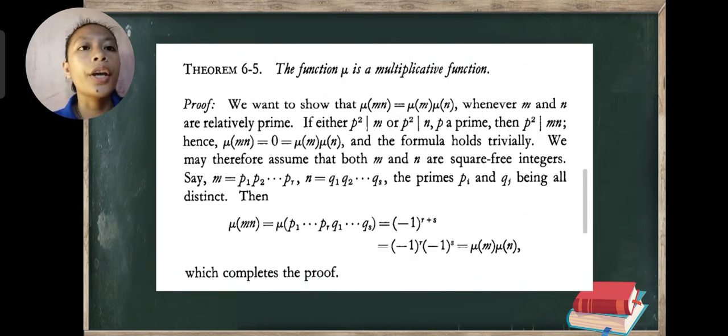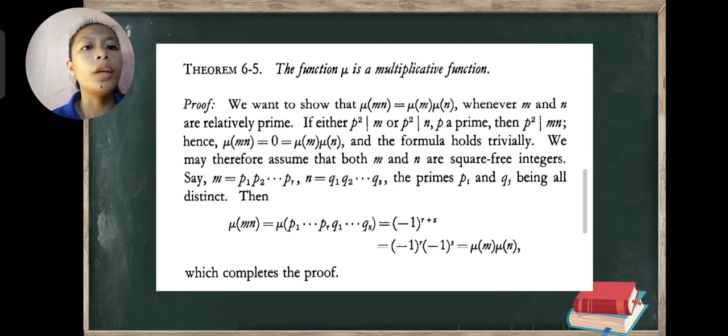Theorem 6.2.5. The function mu is a multiplicative function. Proof. We want to show that mu of mn is equal to mu of m times mu of n whenever m and n are relatively prime. A prime is a natural number greater than 1 that is not a product of two smaller natural numbers. If either p squared divides m or p squared divides n, p a prime, then p squared divides mn, hence mu of mn is equal to 0, which is equal to mu of m times mu of n. And the formula holds